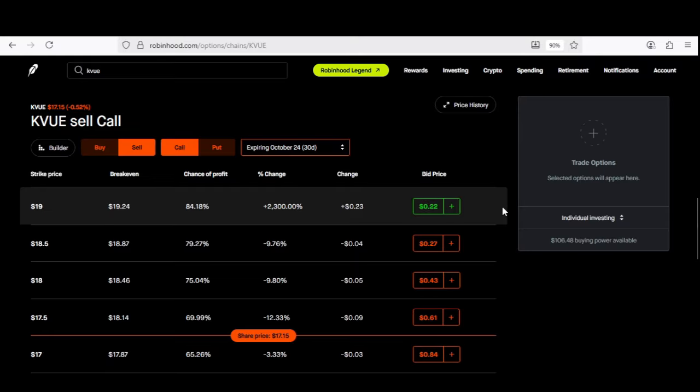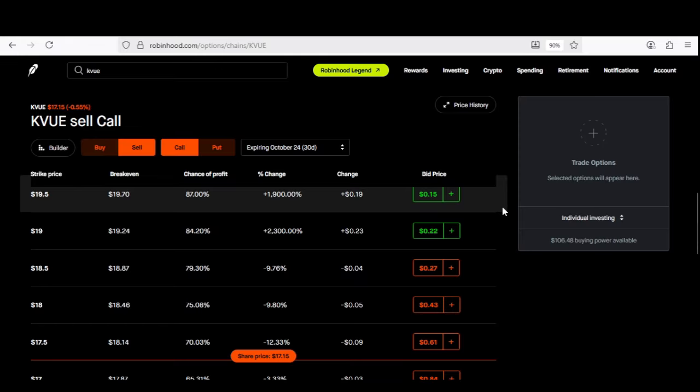Because you own the shares, you could choose a way closer expiration date because the risk is a lot less when you own the shares as opposed to when you own the LEAPS option. So now I'm going to go ahead and choose my strike price. Now, the strike price I'll be choosing is going to be